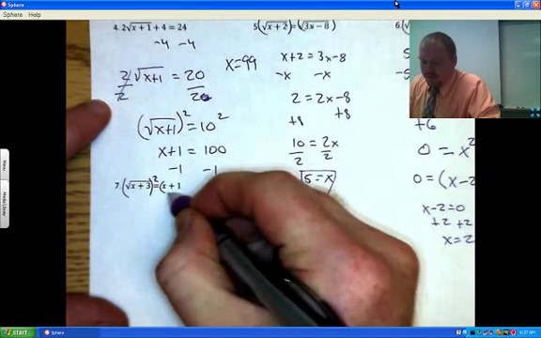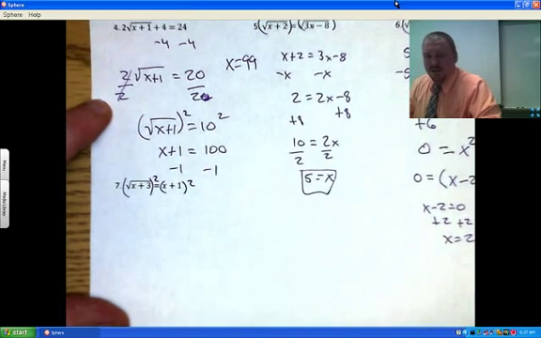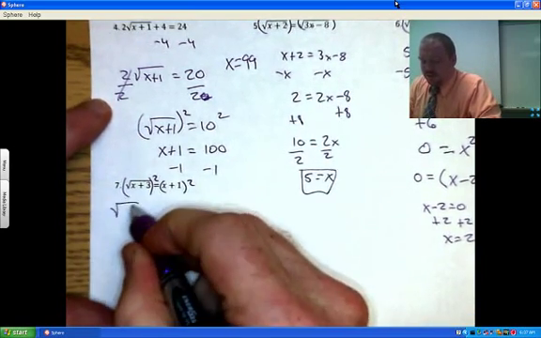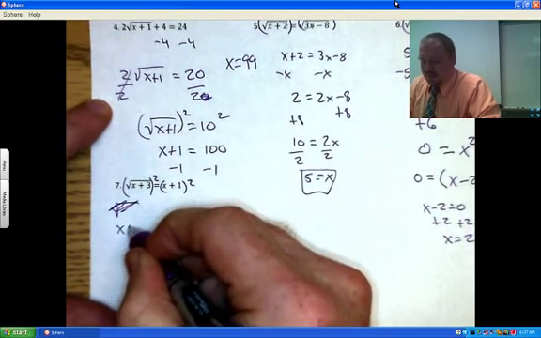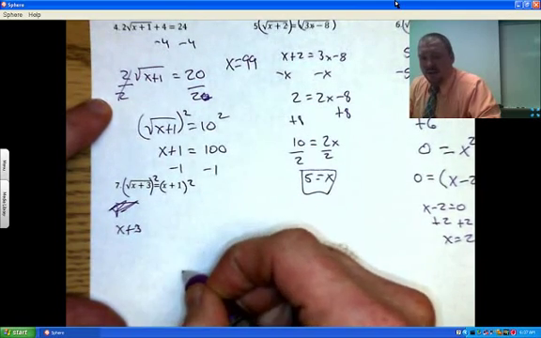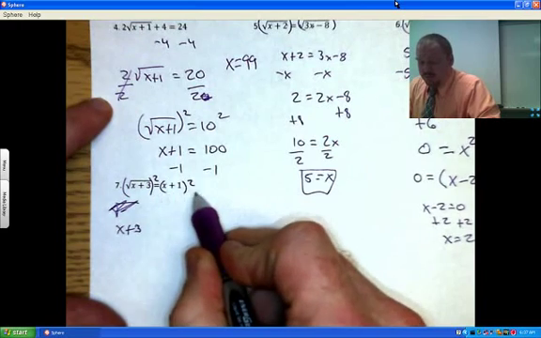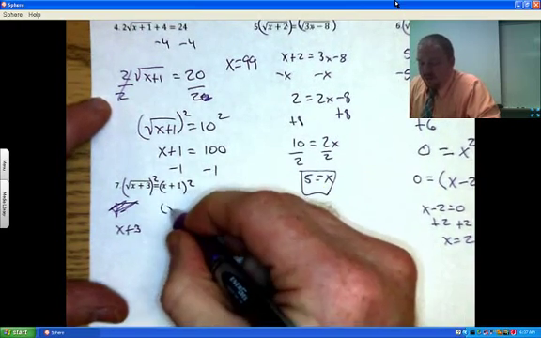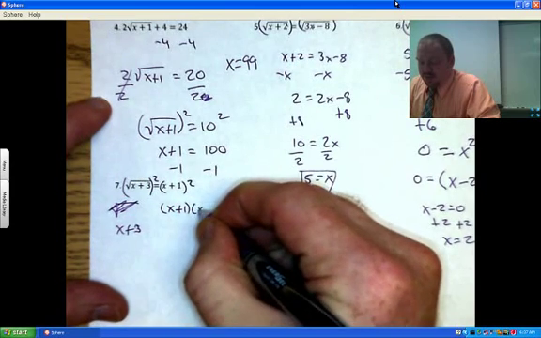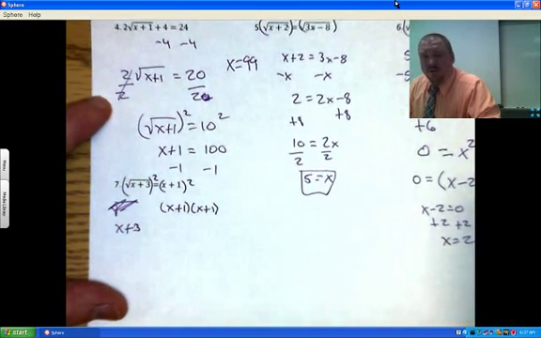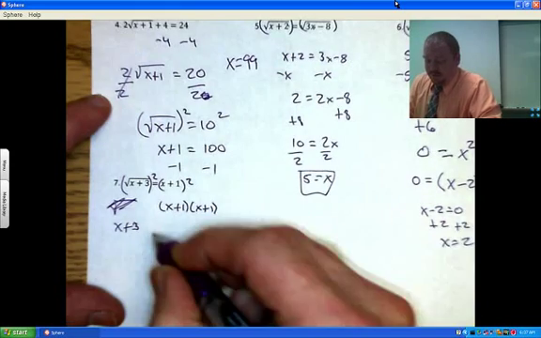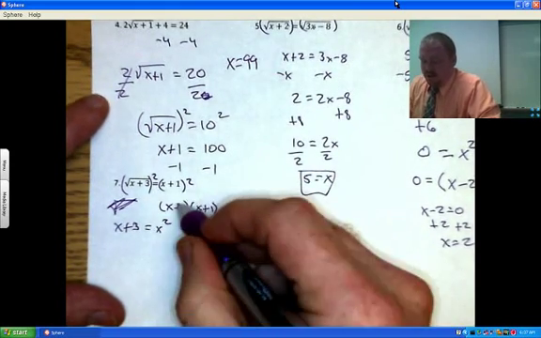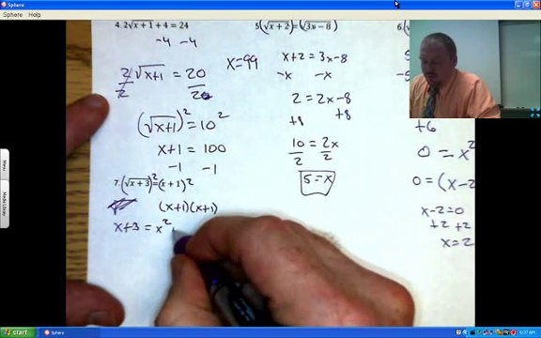But x plus 1 squared means, okay, remember that means x plus 1 times x plus 1, so we have to FOIL that out. So I get x times x is x squared, x times 1 is 1x, 1 times x is 1x, and 1 times 1 is 1. Simplify, x plus 3 equals x squared, 1 plus 1 is 2,